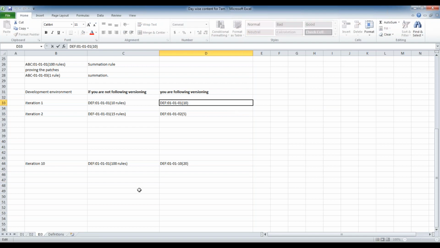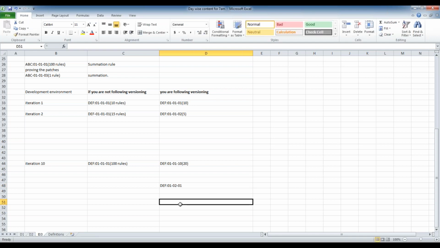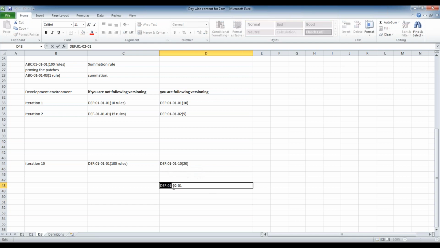In the production environment, I should see only one version, let's say DEF 01. I can write like, I'll increase the minor version now. So what is this major and minor version? We should not increase the major and minor version each and every time. We can increase the patch version during development. We should not increase the major and minor version during development. Only while releasing, you need to rename it.